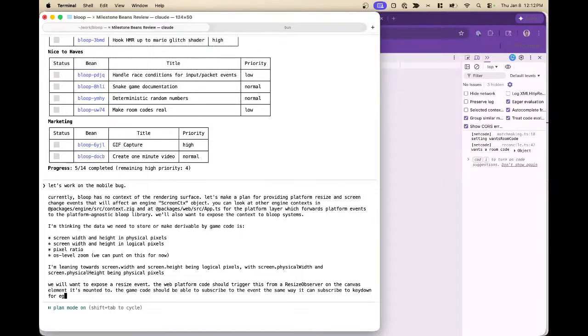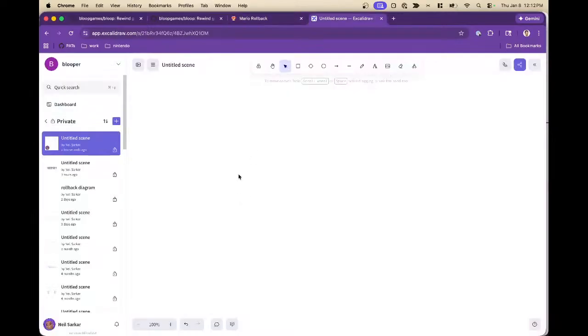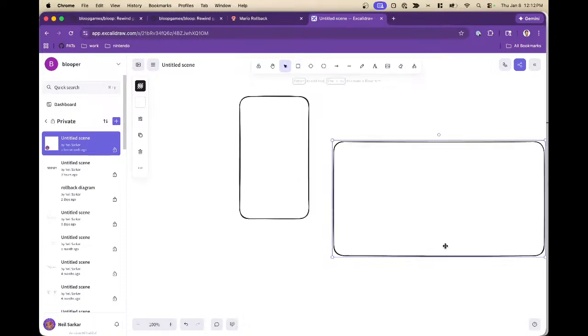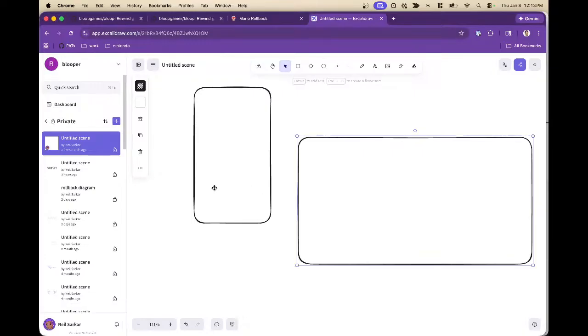Well, now that I'm thinking about it, here's what I'm talking about. If you have, let's say, a desktop screen versus a mobile screen, what you don't want is for this Mario to be able to run. Let's say you say, okay, my world is going to be 800 units or 800 pixels, then that means this Mario can run over here to collide with the end of the world, where they won't be on the screen. Now, the downside of us saying the world ends where the screen ends is that